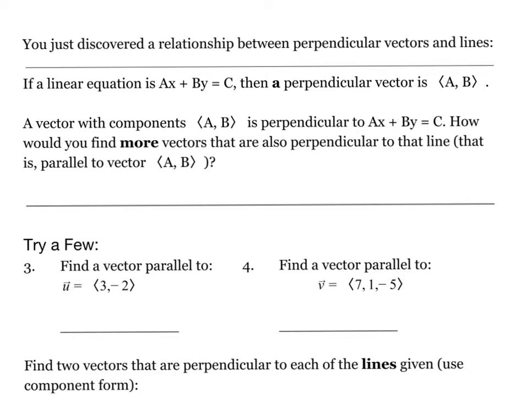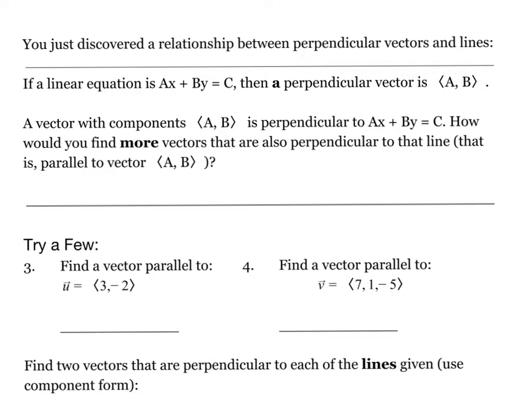And so the very top of this page is really restating this observation that if you have a linear equation in standard form, then a perpendicular vector, that is, a vector that's perpendicular to this line, could be created by forming it from the components a and b, where a and b come from the coefficients of the line itself. So we have this connection between a line and a vector such that these are perpendicular to each other. This is restating it. Now, question is, if you found one vector that's perpendicular to a particular line by forming the vector from those coefficients,